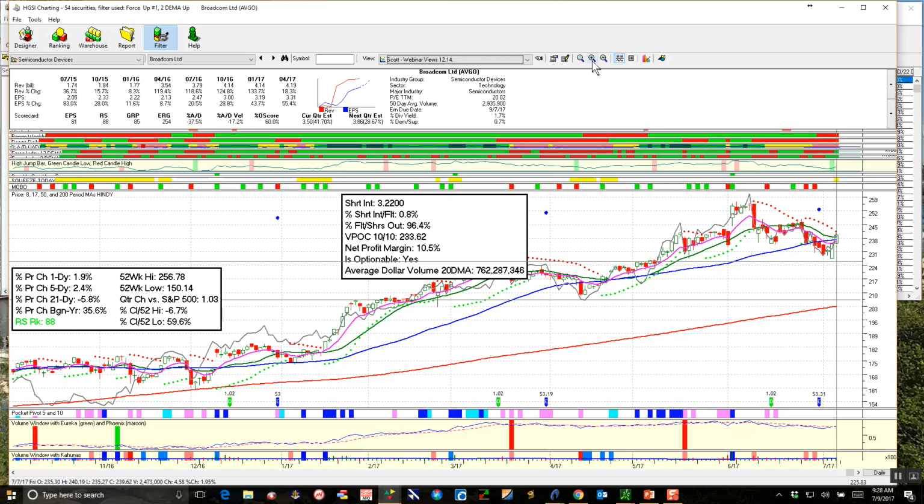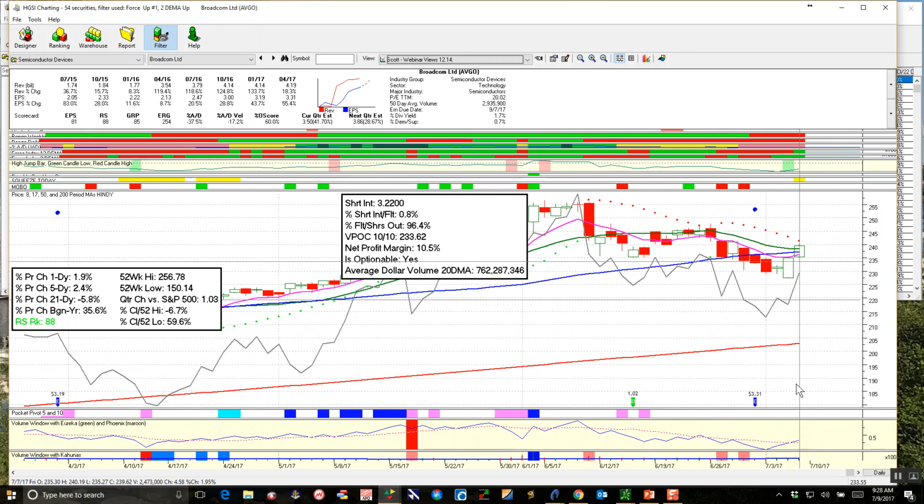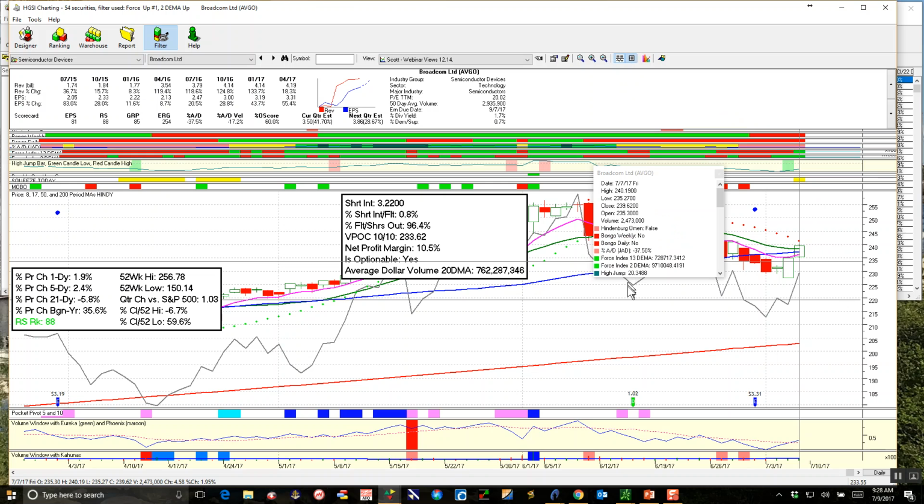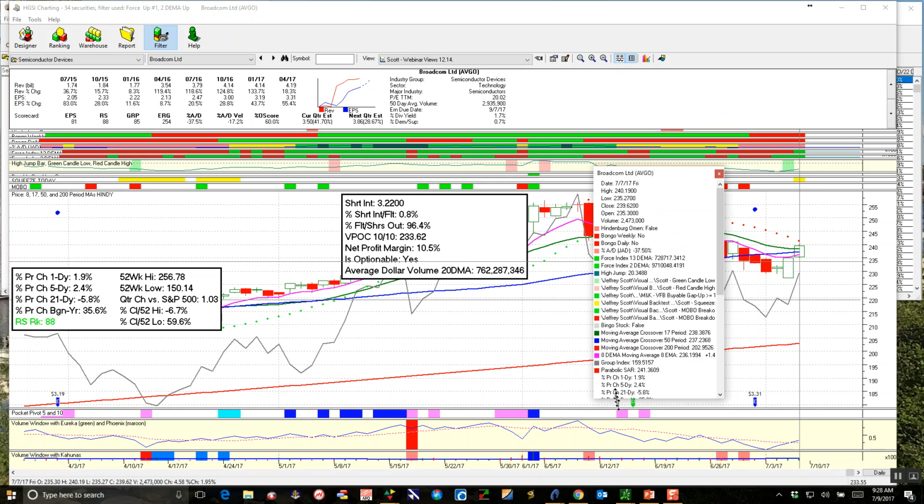And if I was getting on a plane on Monday, which I happen to be, and I wanted to buy this stock, to me, it's a very simple place to buy it from because I could, people have seen me do this before, but to me, it's one of the beautiful things of HGSI. I could come in here